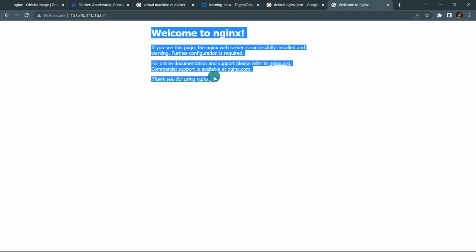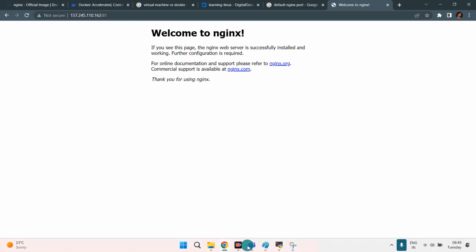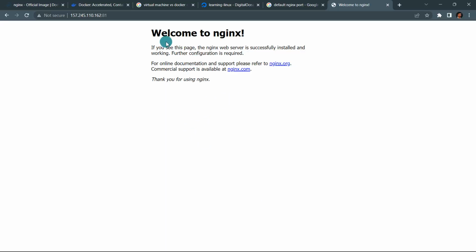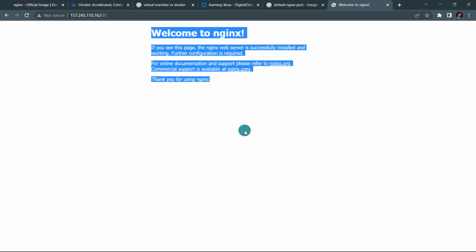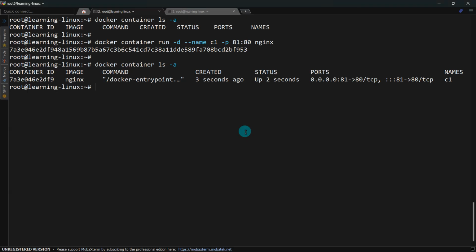Now if you want to change this page to something else, you can definitely do so by changing this page within the container. I mean to say, whatever content is visible, if you don't want that content to be visible over here and you want something else, you can do so by just logging into that container,